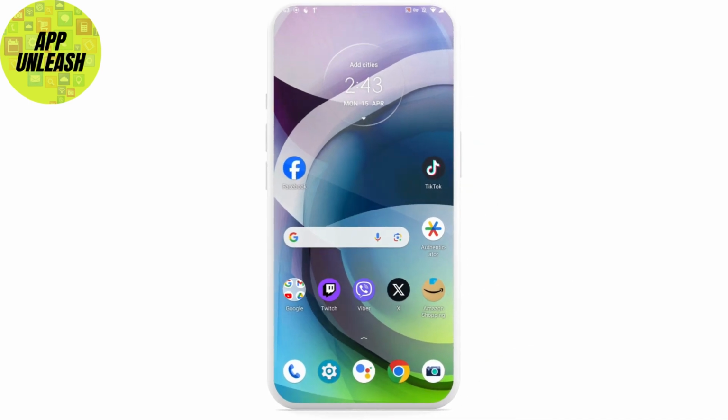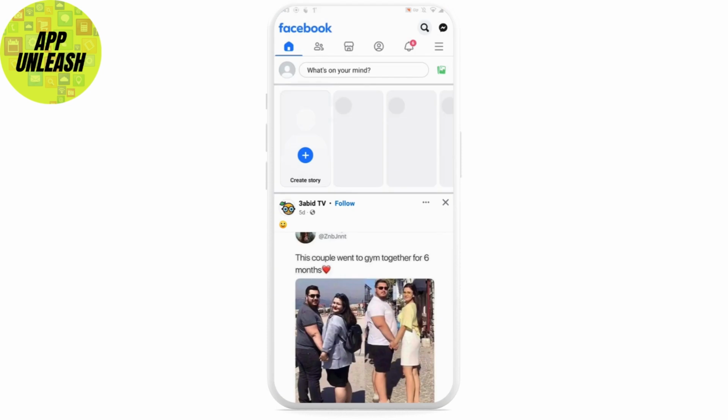Today we are going to learn how to upload high quality pictures on Facebook. So let's get started. If you want to upload high quality pictures on Facebook, whenever you try to upload a video or a photo on Facebook, it will always reduce the quality of your video or photo, and you want to fix that. To fix that problem, what you can do is simply open up your Facebook application